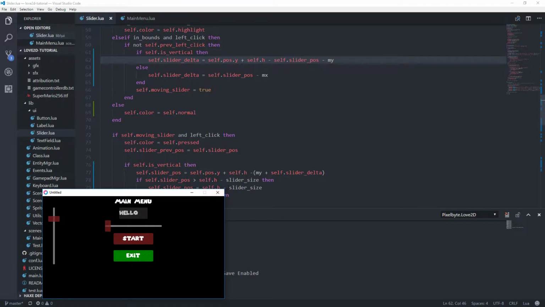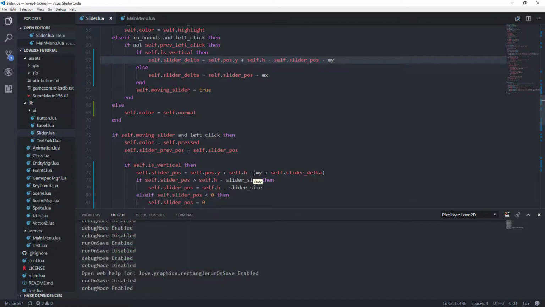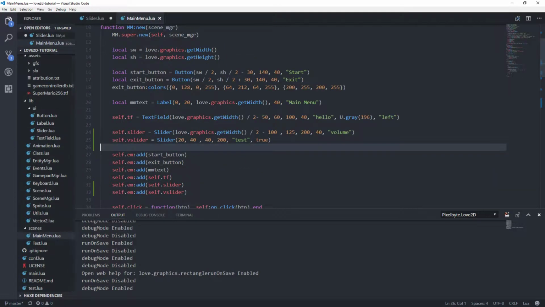It would have worked correctly if it was like this one and we weren't inverting it, but we're actually inverting everything. And we probably could have done something along the lines of screen height. How do we do that? love.graphics.get